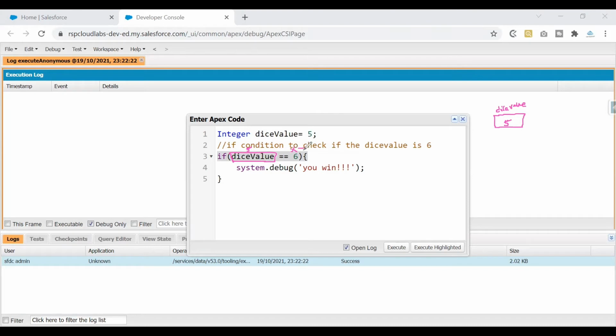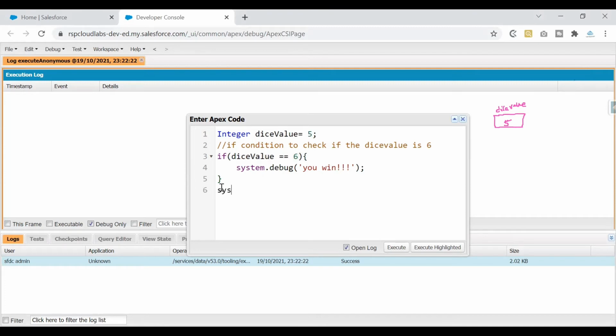The answer is no. So the comparison is returning false, and this entire if block has been skipped. Now, how can I prove that the entire if block is skipped or not? A simple check is that your debug log is not printed. And how can I say this entire if block has been skipped?